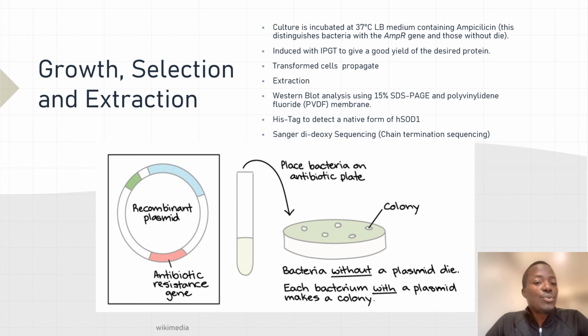So we now introduce IPTG to give a good yield of the desired protein, which is our SOD1 in this case. Then we'll carry out the extraction, or the lysis, of this cell. Later on, because our vector has the His-tag sequence, we now use it to bind to our protein of interest, which will then be purified using